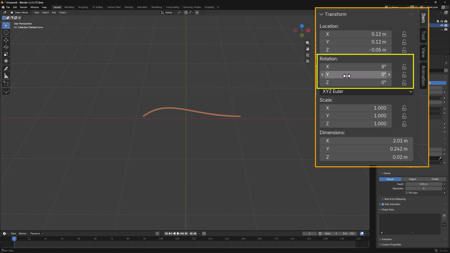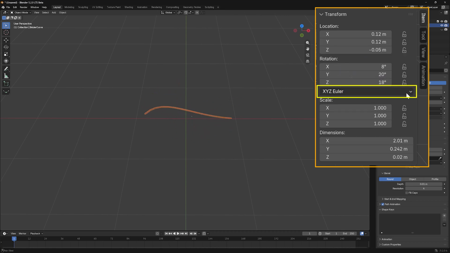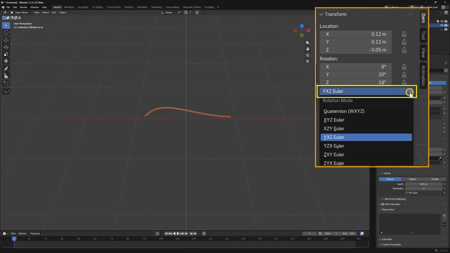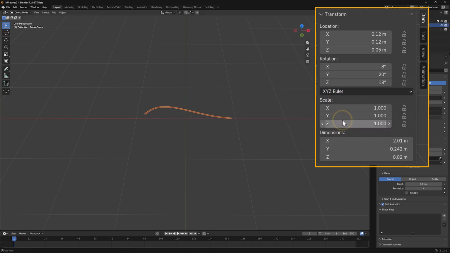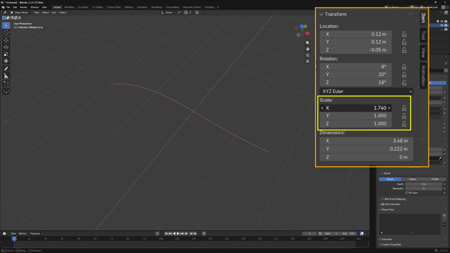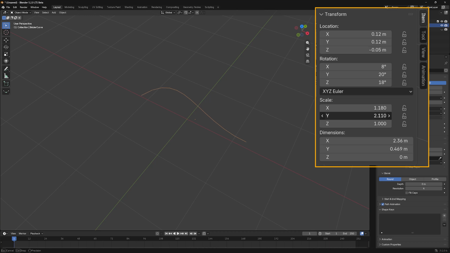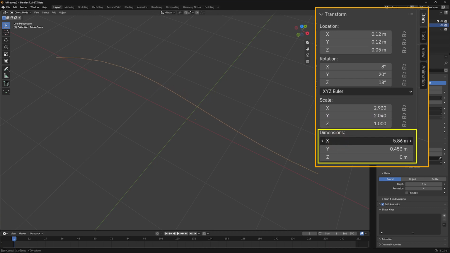Rotation determines its rotation about the three global axes, and the field below allows us to select the order in which the rotations are applied. Scale can be used to adjust the curve's shape in the x and y directions. Alternatively, when we want to specify the actual dimensions of the curve, we can set the x and y value